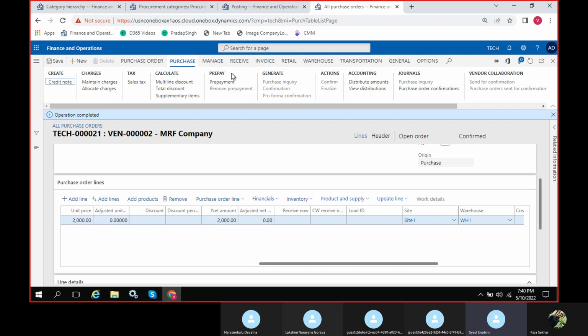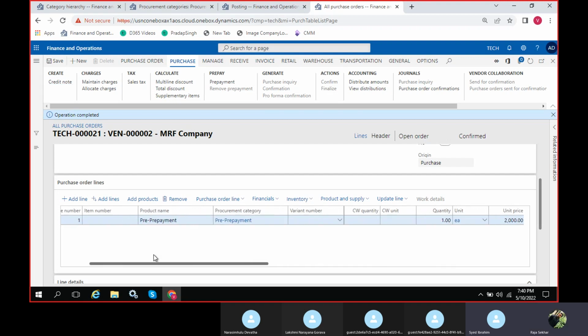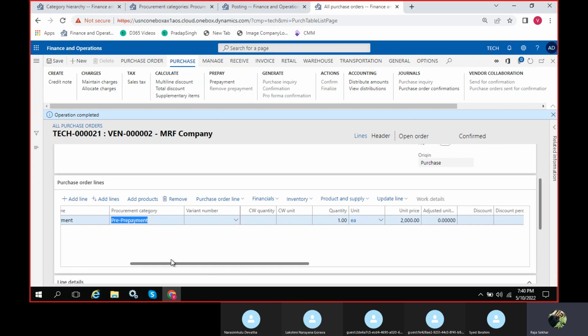Rashekar, yes. What is the difference between yesterday, when we processed the prepayment, and today? Yesterday there was one predefined one, so we selected that one. Now we just created our own prepayment category and we are creating the same one. So nothing is different, we just created it ourselves and we are doing it.